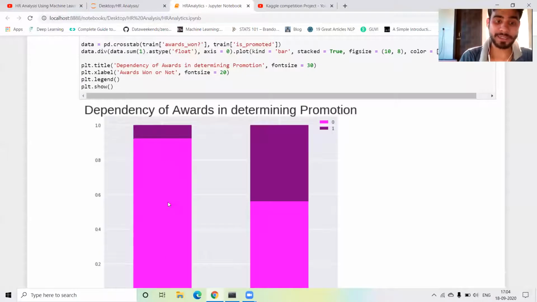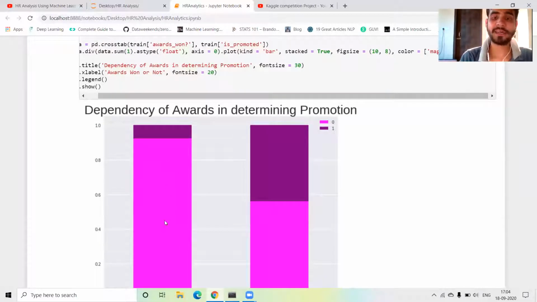This part is the not awarded, guys, and this part is the awarded. So you have to see the not awarded part has less chance of promotion, and the awarded part has a high chance of promotion.